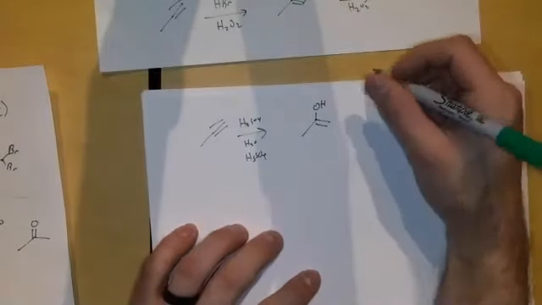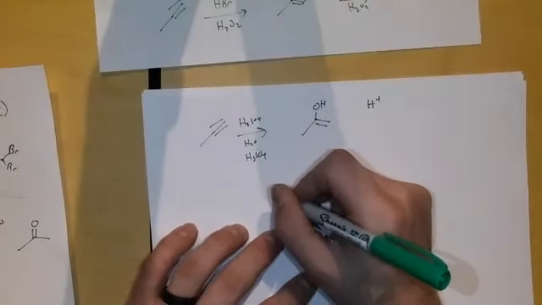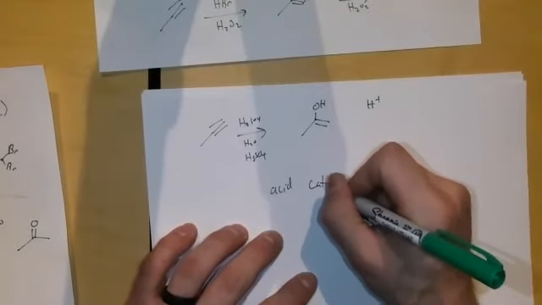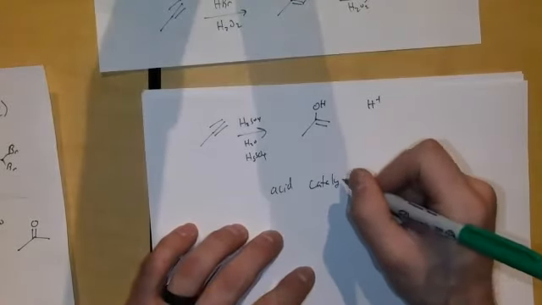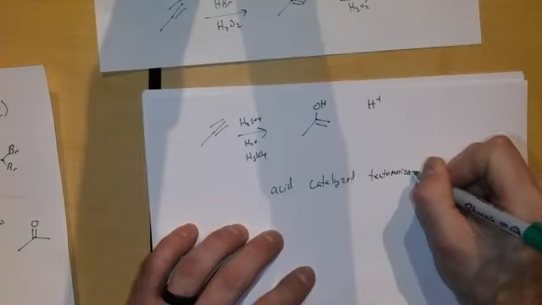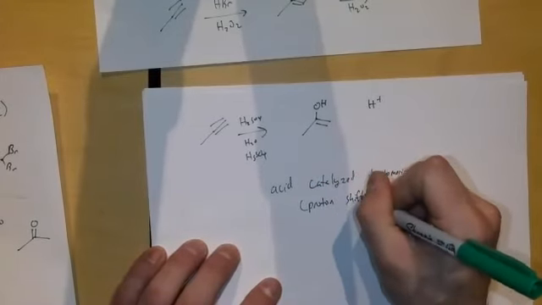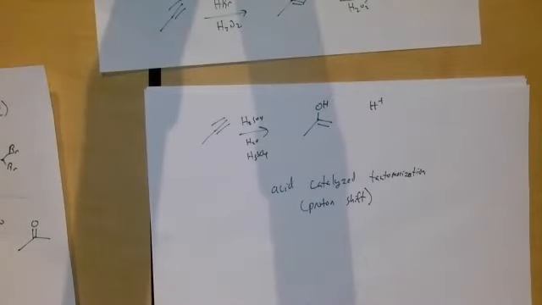We are originally going to make this. From here, we are in acid because we're in H2SO4. So we're going to do what's called an acid catalyzed tautomerization, which is a really fancy word for a proton shift. Essentially what's going to happen,